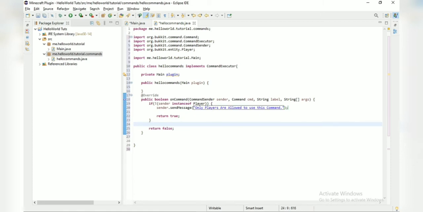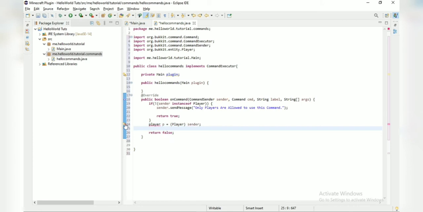so what we are going to do then is, first we are going to make a variable for the player, which is I'm going to use p, like you can use anything you want. So player p, so player, you need this thing over here, then space sender, then